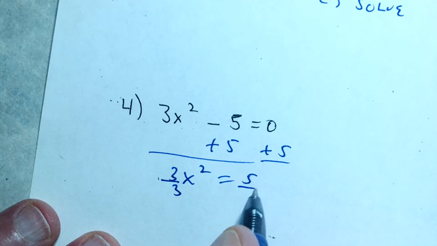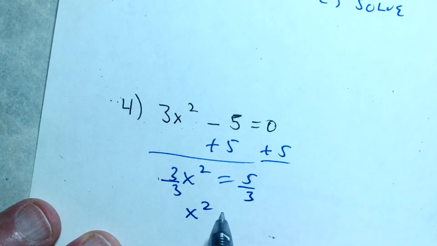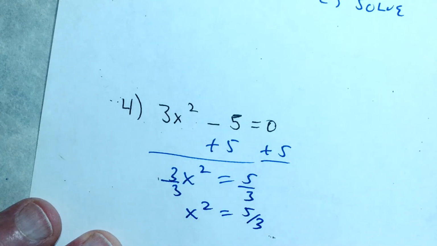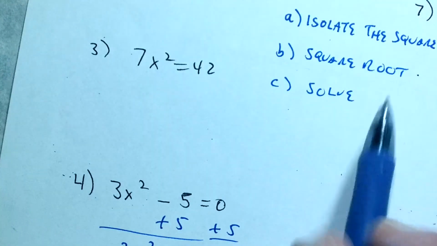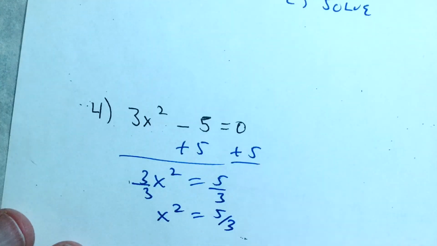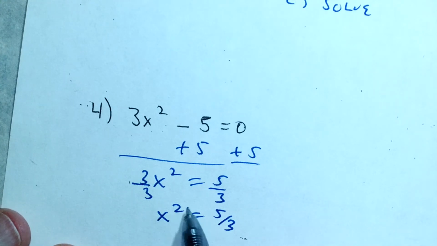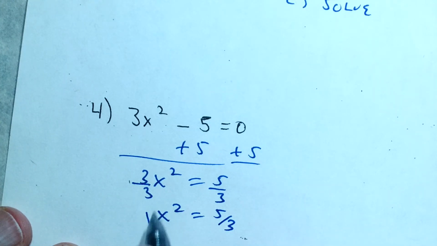And now I have the square by itself on one side. And what I'm supposed to do after that is take the square root, and we know, again, it's possible that a positive or negative version of the answer, when squared, gave me this. So when I take the square root, I want to say that x could have been plus or minus